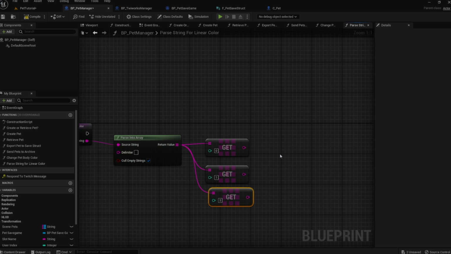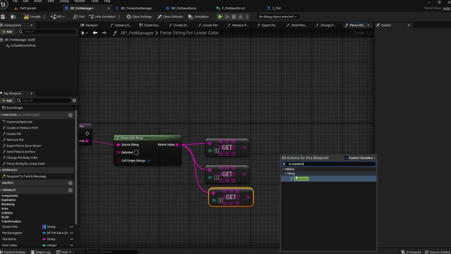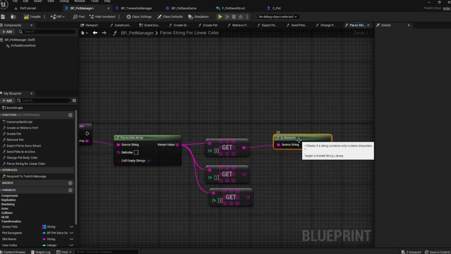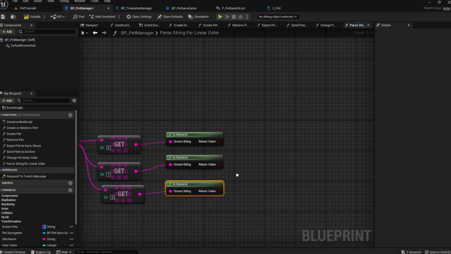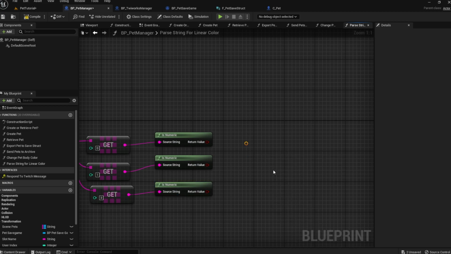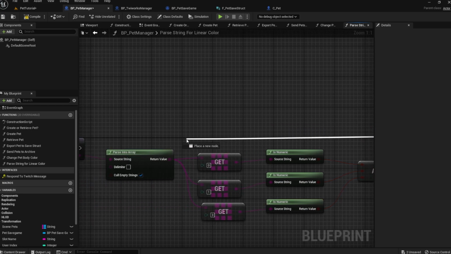So it's not going to be 1, 2, 3. It's going to be 0, 1, and 2. Then create a isNumeric node for each of these to make sure that the string is a number. Plug all of these into an AND bool node and connect that to a branch. You're going to need to add an extra pin so that you can plug 3 into it.